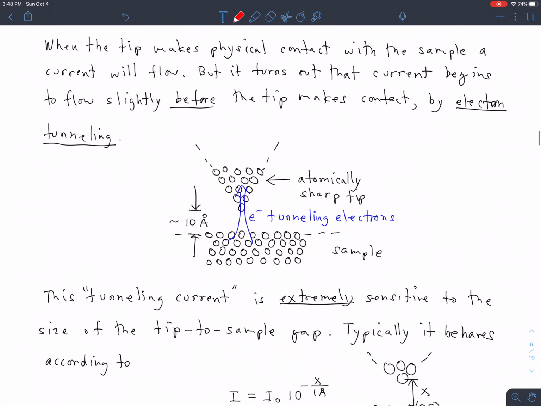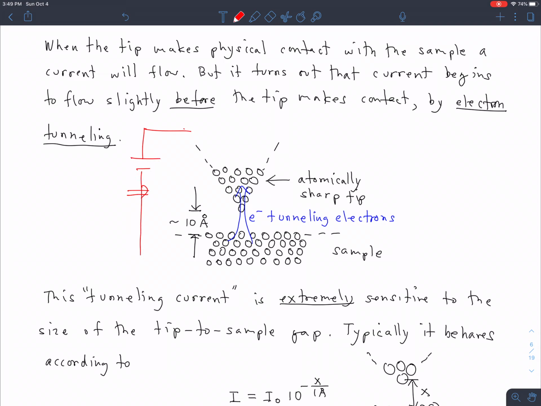You have this tip that comes close to the sample. You've got this piezoelectric positioner underneath the sample. And you apply a small voltage, usually less than a volt, maybe about 1/10 of a volt or so, between the tip and the sample. And then you carefully bring that tip down towards the sample until it gets just a few angstroms away from the sample. And then what happens is, before you even touch, electrons start to be pulled by tunneling between the